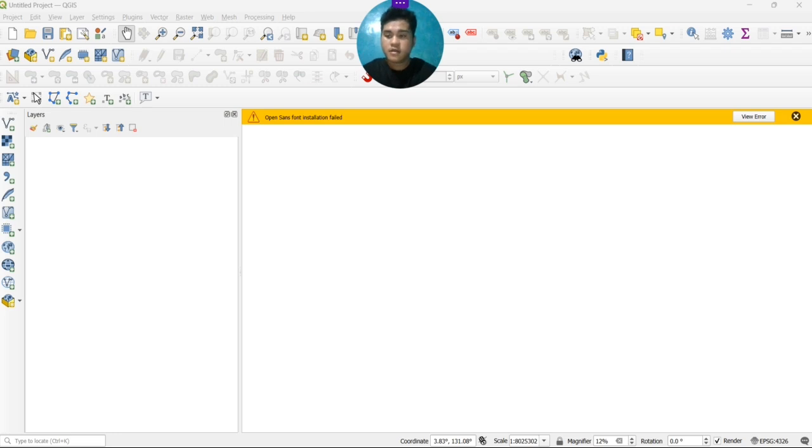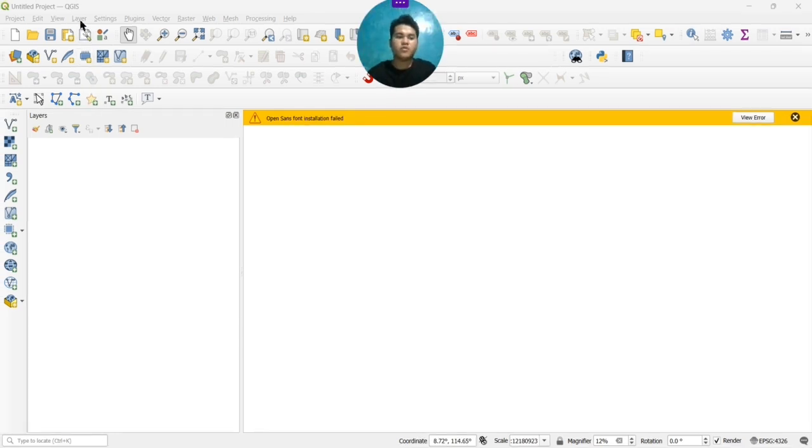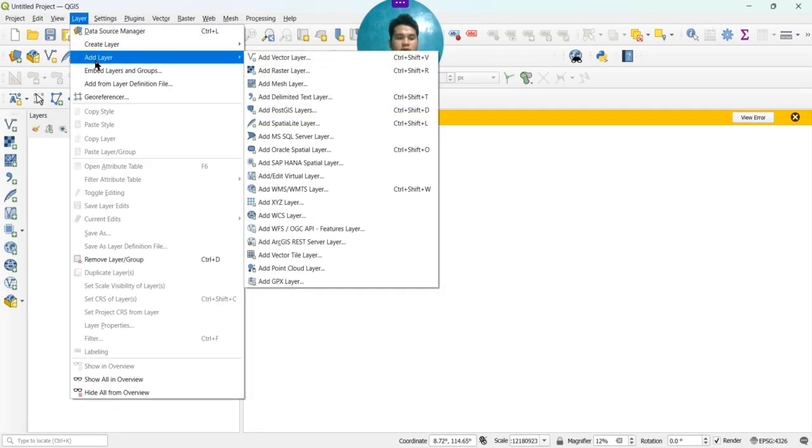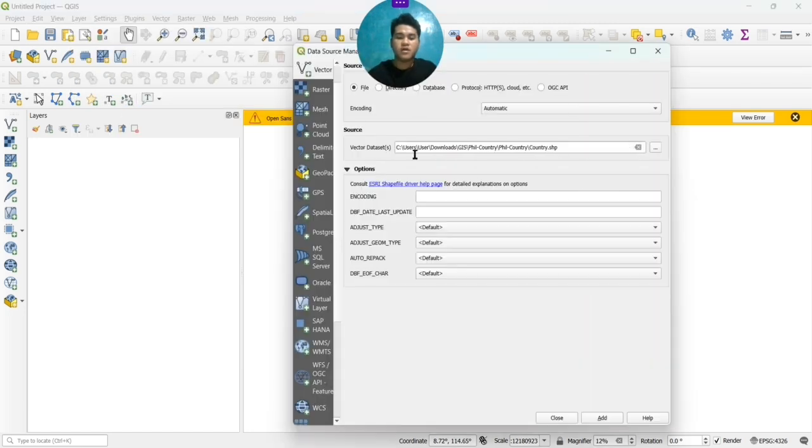So first, we will go to Layer, then Add Layer, and Add Vector. I know that you are following the steps that I am clicking, so I will just tell you the things that you may click on, and I know you can follow because you can see it.